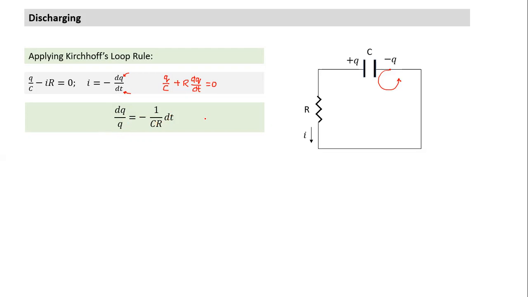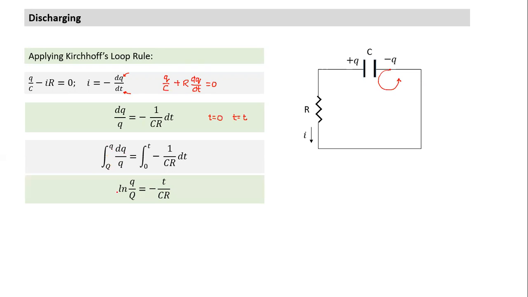I will integrate from initial time t equal to 0, because at time t equal to 0 the charge is known and the current is known. I'll integrate to some random time t. So at time t equal to 0, the charge is capital Q. At this particular instant of time, the charge is small q. This will be my equation for integration, and it is a very simple integration. It will become log q minus log of capital Q, or ln, since the base is e, if you want to use that term, ln q minus ln capital Q, which becomes equal to...